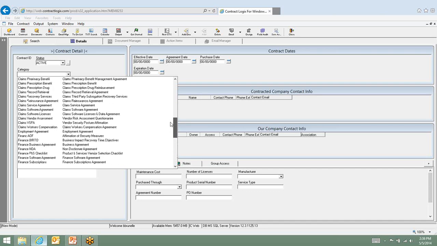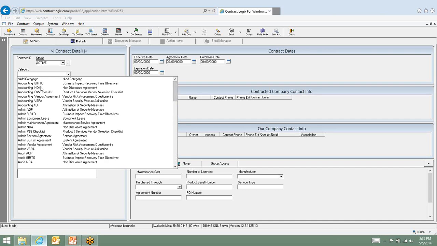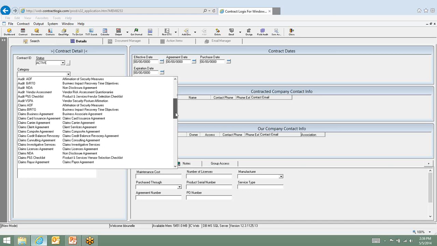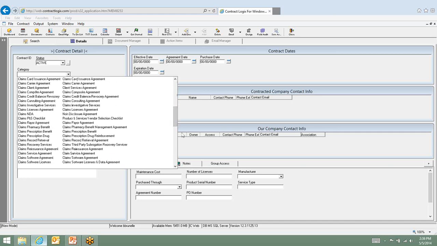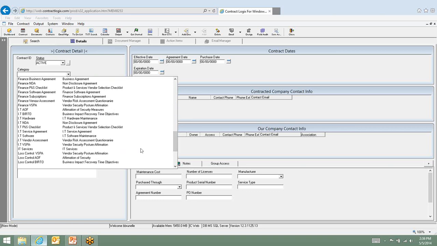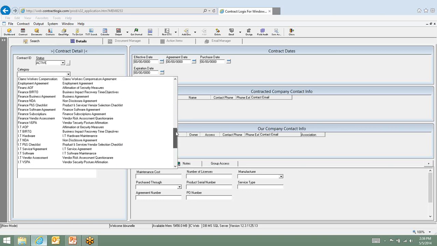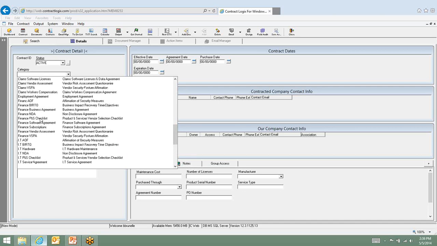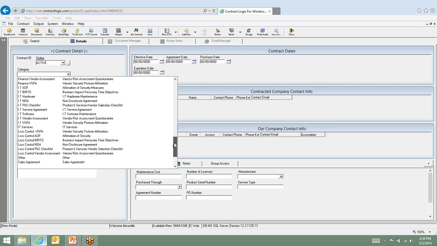But right now you've got a lot of different categories, and not really being that familiar with your system, I'm not sure exactly how many different views you have, in other words, how many different screen designs per category, but they look like they're broken down into various departments or groups, right? You've got a bunch of claims categories and finance and IT categories. So I know you probably all come from various areas of the company, but